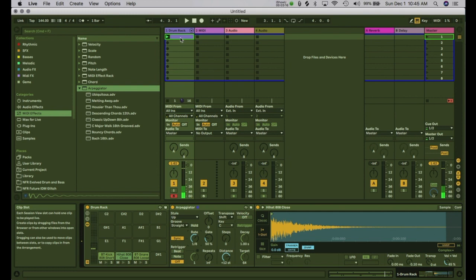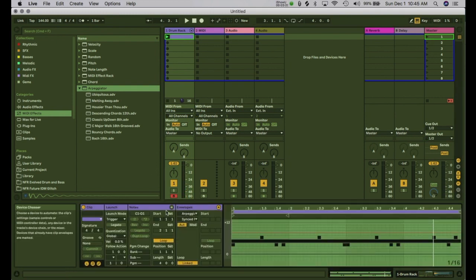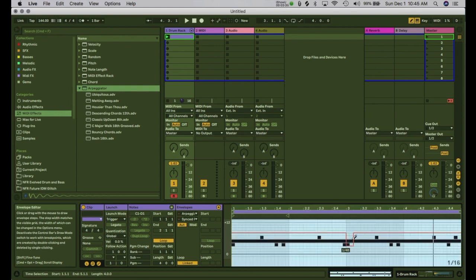Now if I go into the clip and go into the envelopes edit mode, we can see here's the tempo of that arpeggiator. So I can go ahead and hit B to switch to the pencil tool and draw in tempo automation. So if I want it to go faster or slower for certain parts, that's easy. So for example,